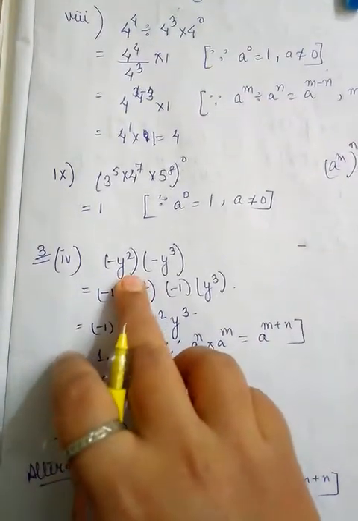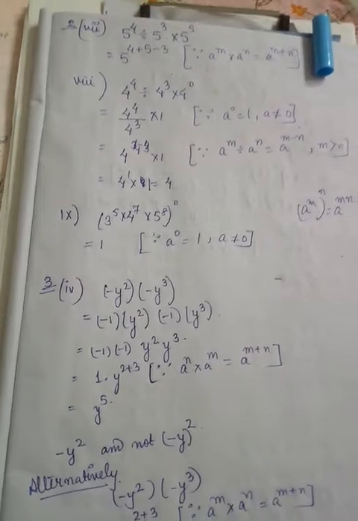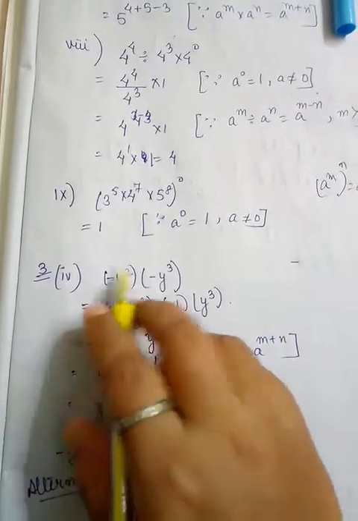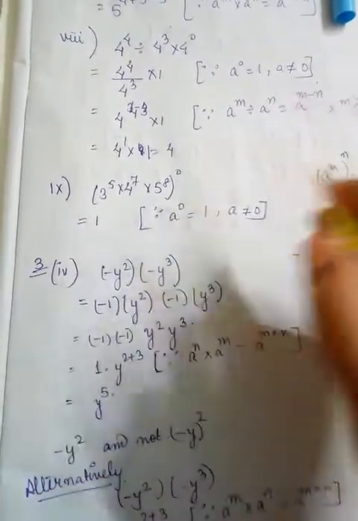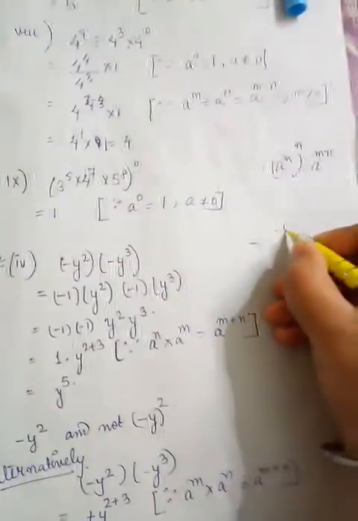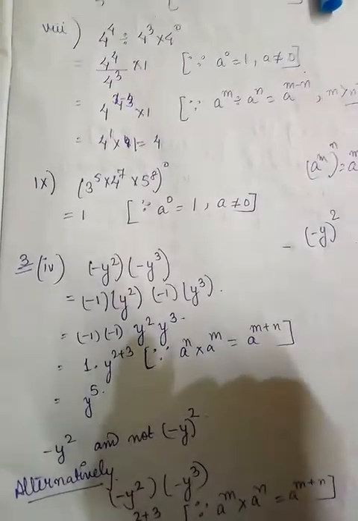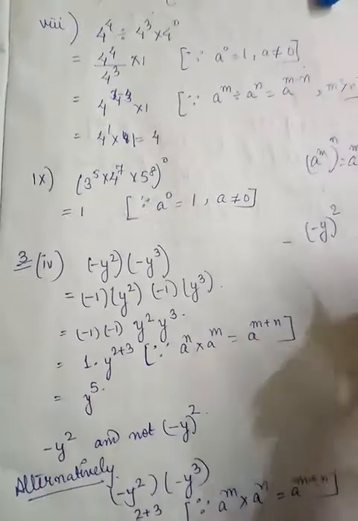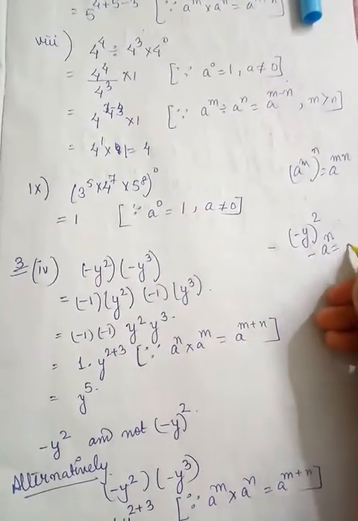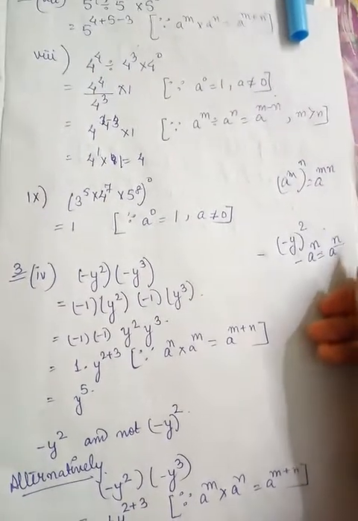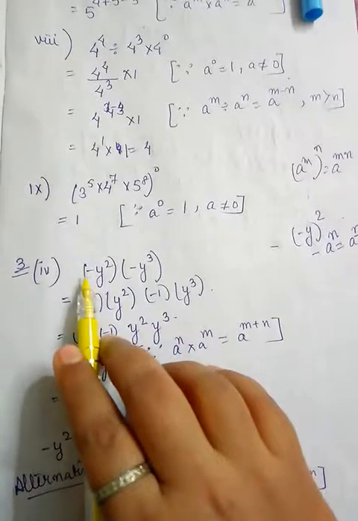So whenever you are having these kinds of sums, first you should check whether the square is with the number or with the whole term within the bracket, because if it is minus y whole square, then we will use our previous theory which we have studied: if minus a raised to the power n, then equals a to the power n if n is even. But in this case we will not consider this system, we will consider the negative sign.